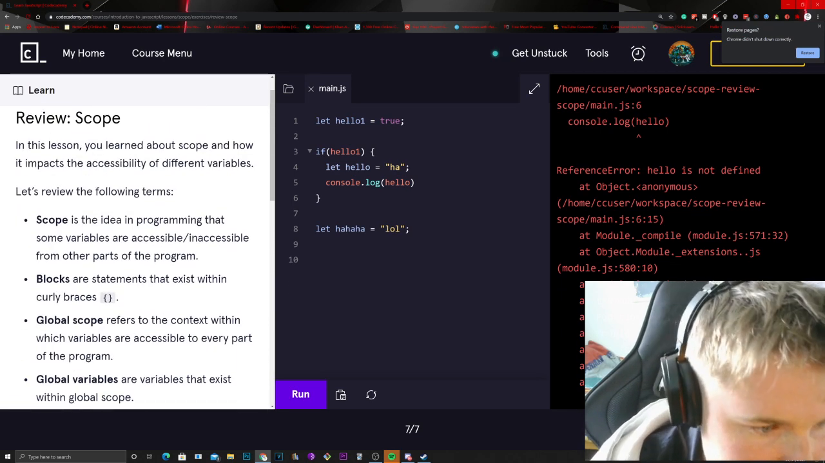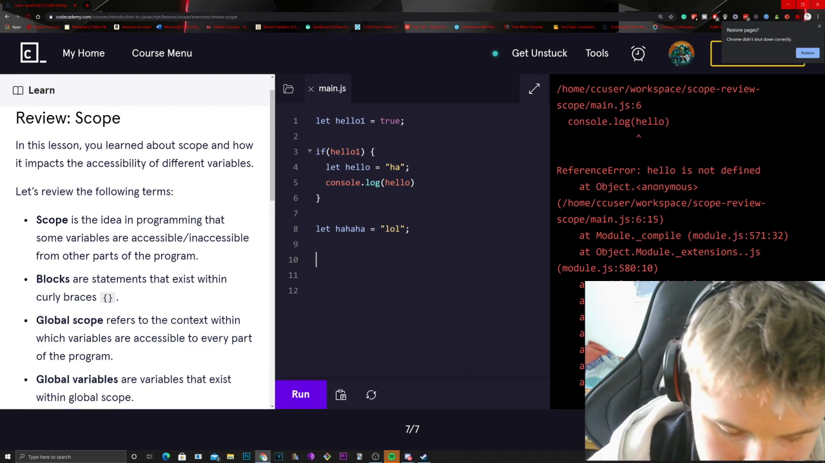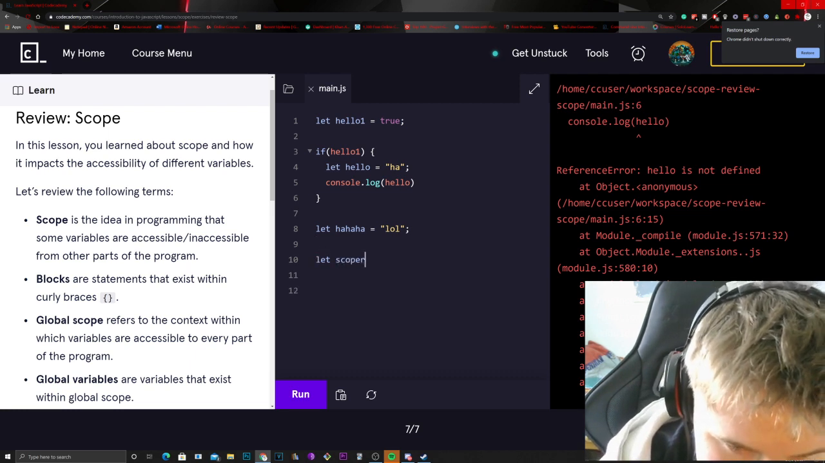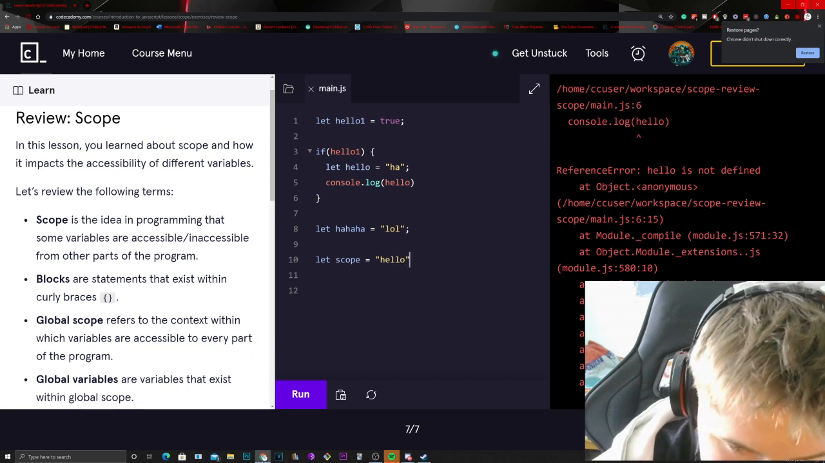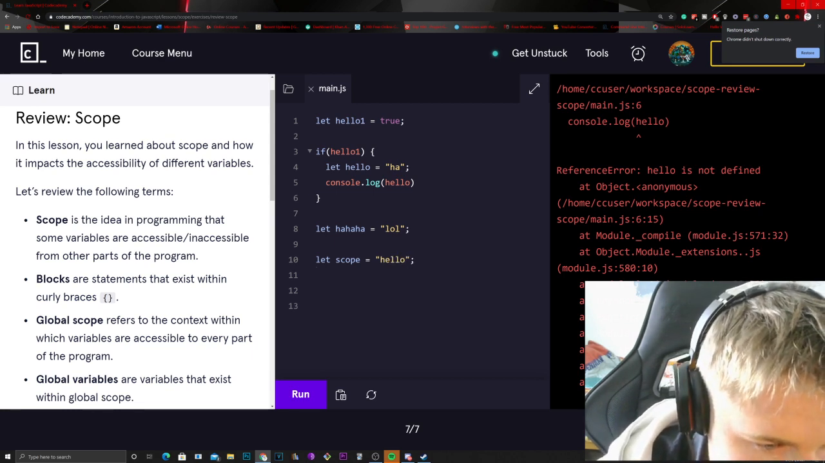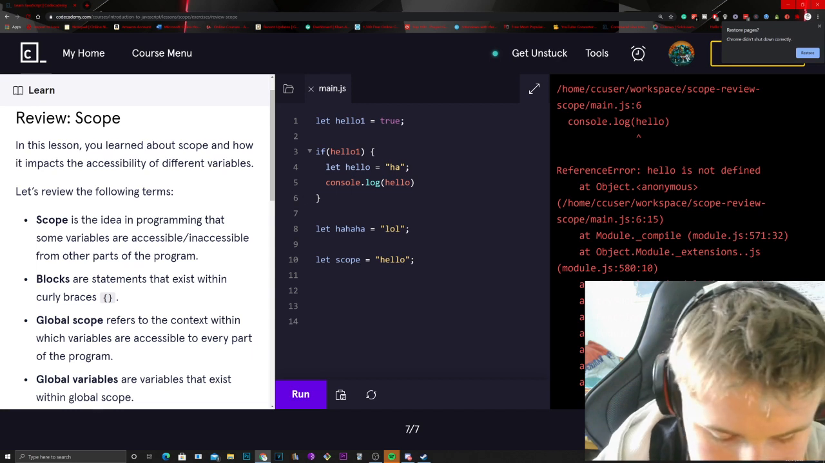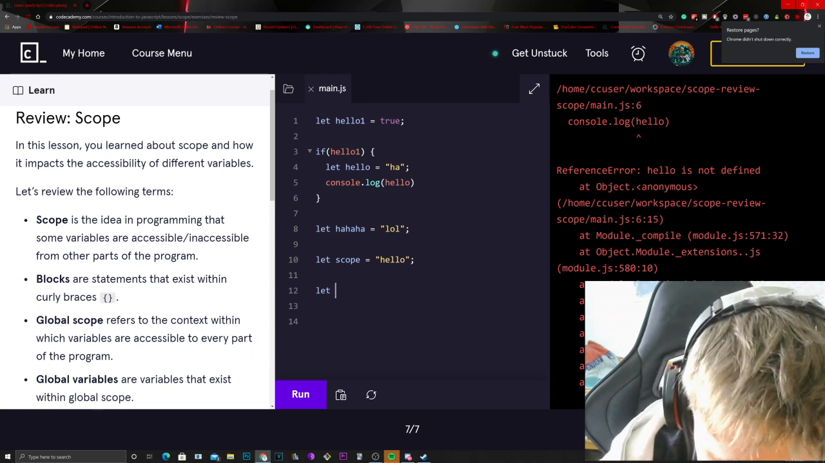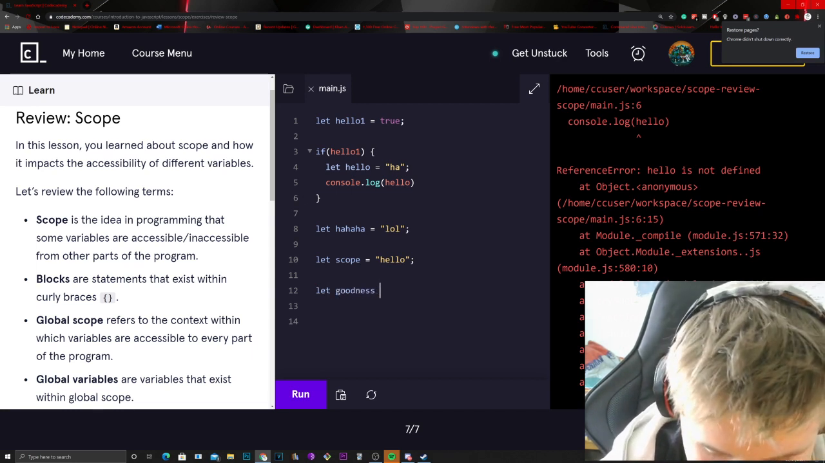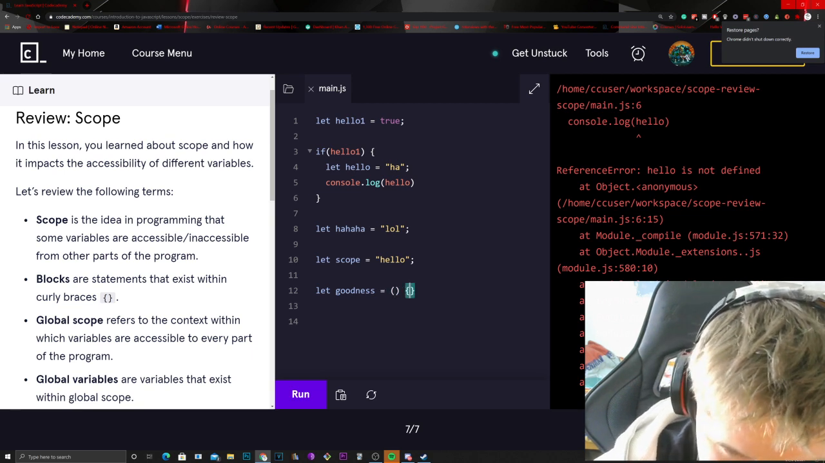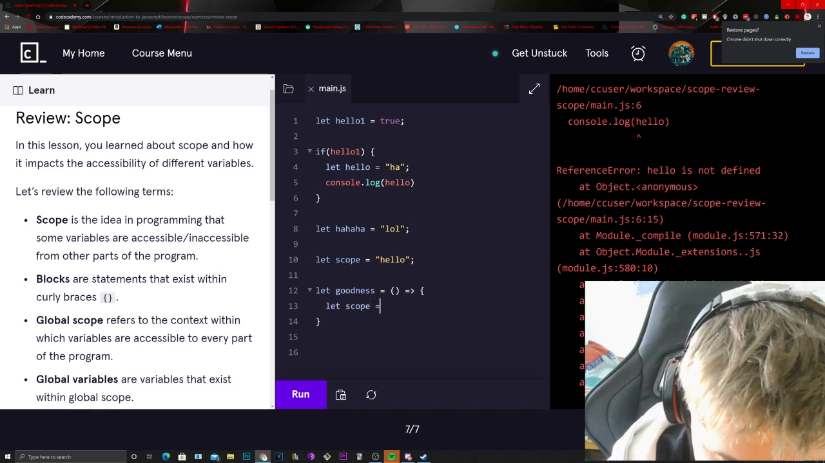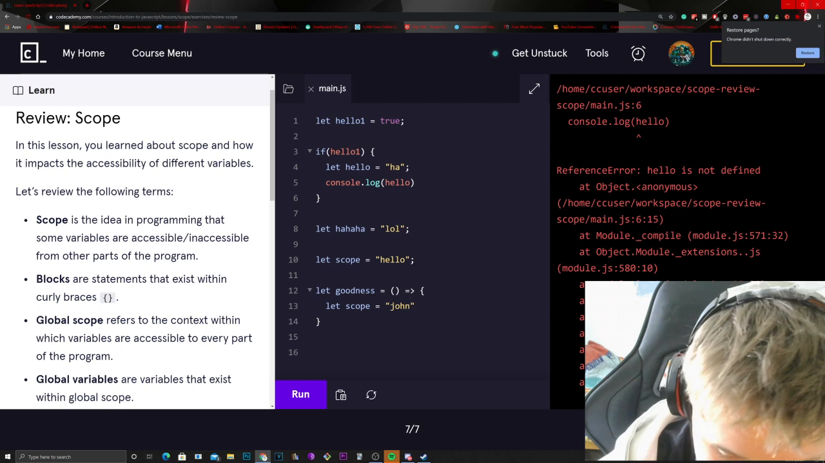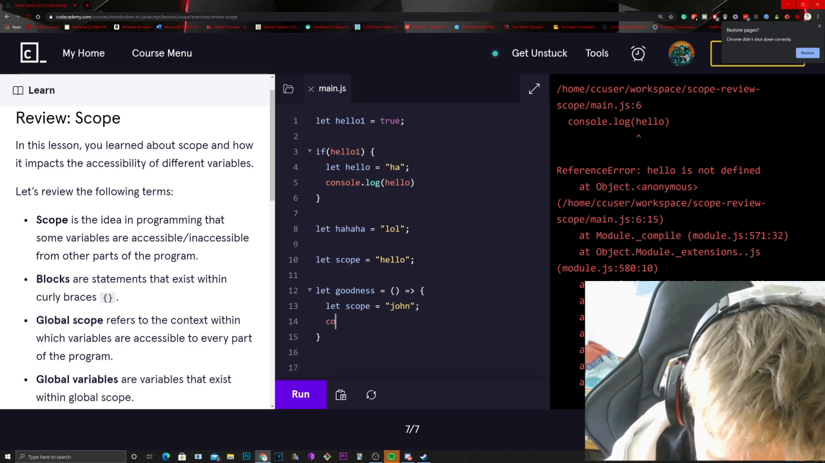Alright, so let's practice some of these. So we have scope. So what about let scope equal to hello. So this is a global variable, which you don't really want to do. Blocks are statements that exist within curly braces. So if we did let goodness equal to, we have a function here that does let scope equal to John, then console.log